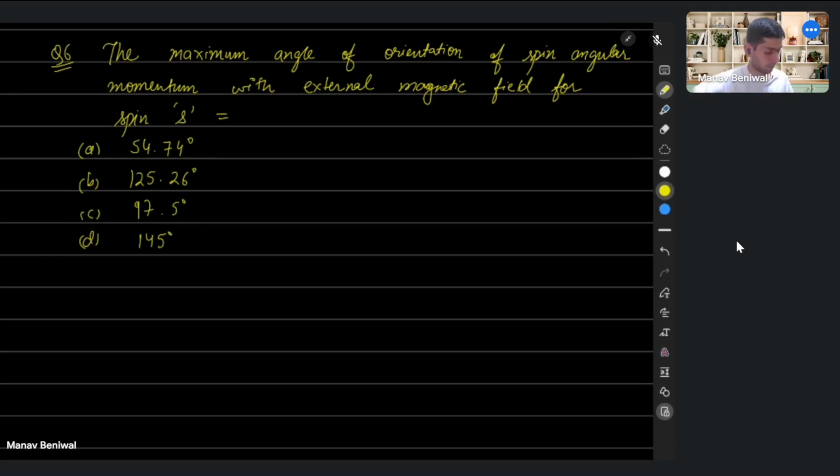Okay, let's solve this one. So we know that spin can have two values,